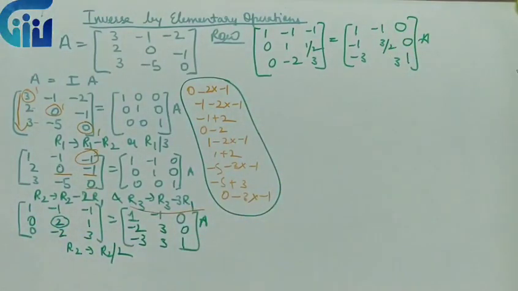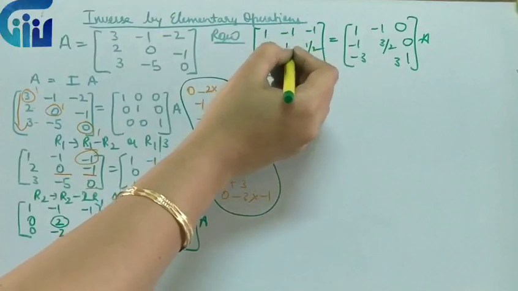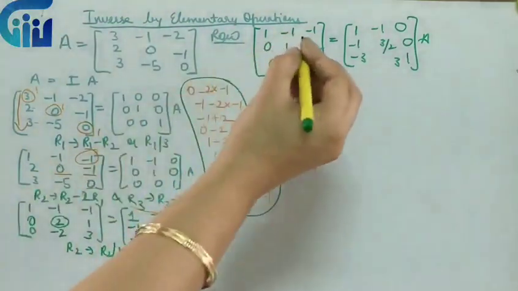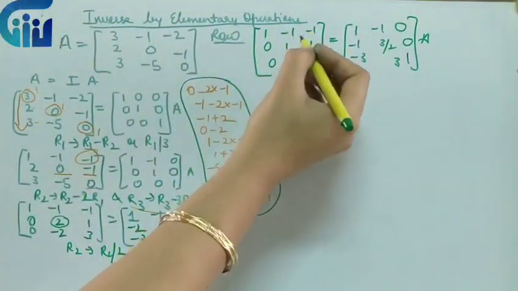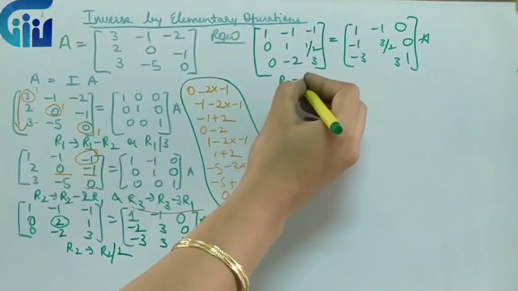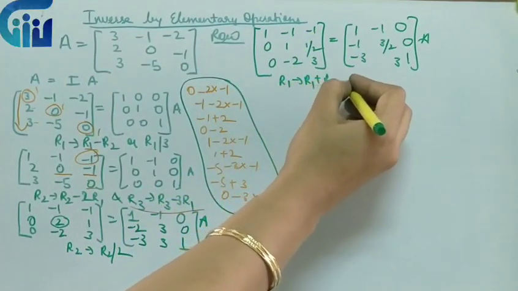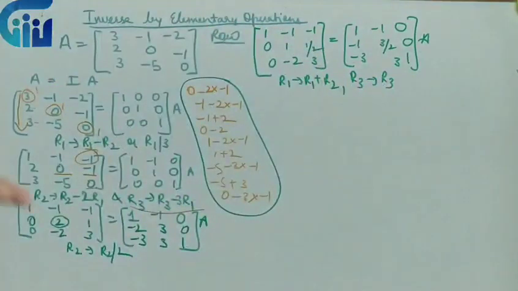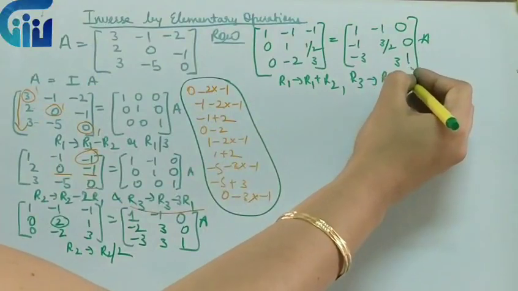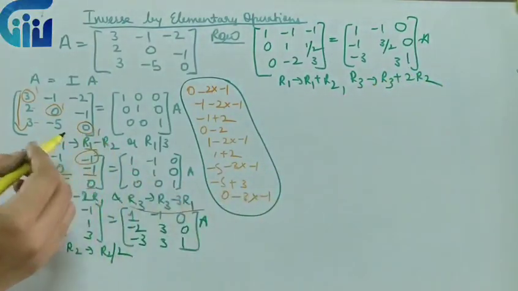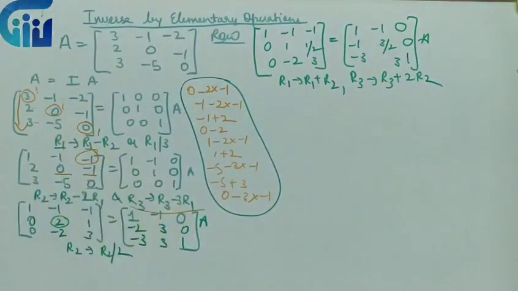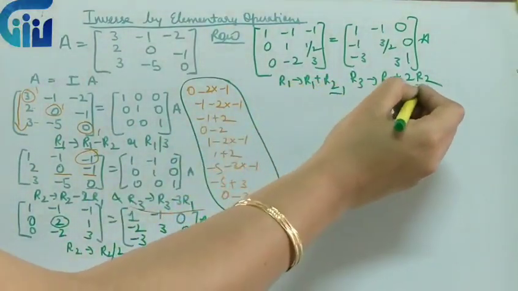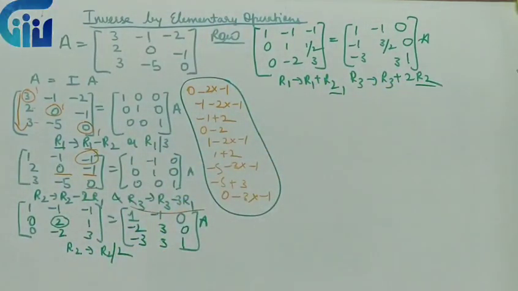Okay, now we have divided by 2, so we have got this as 1. Now we have to make these two 0. So what operation comes to my mind? If I add these two, this will be 0. So we will write R1 such that R1 plus R2, and for R3, R3 has to be 0. This is minus 2. If I add plus 2 to it, so it will be plus 2 times of R2. See here, R1 was 1, so we used R1 at both the places. R2 is 1, so we are using R2 at both the places. These operations will be same in all the questions with the difference of the constant terms and the signs.